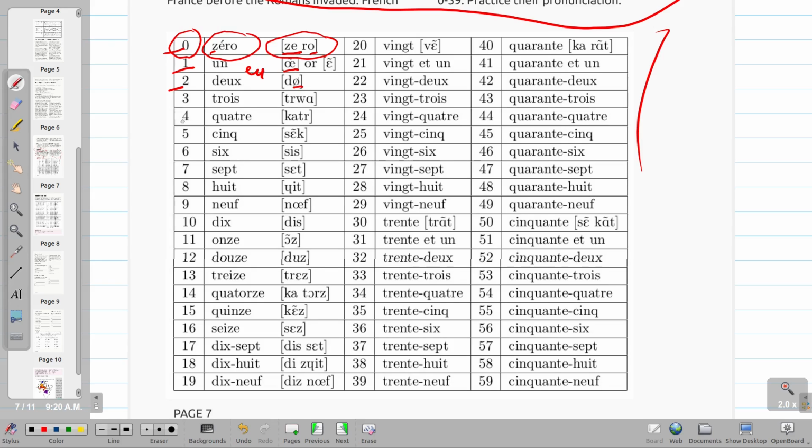0, 1, 2, 3. So you see the phonetic transcription T, R, W. 3, 4, 5, 6, 7, 8, 9, 10, 11, 12, 13, 14, 15, 16, 17, 18, 19, 20,